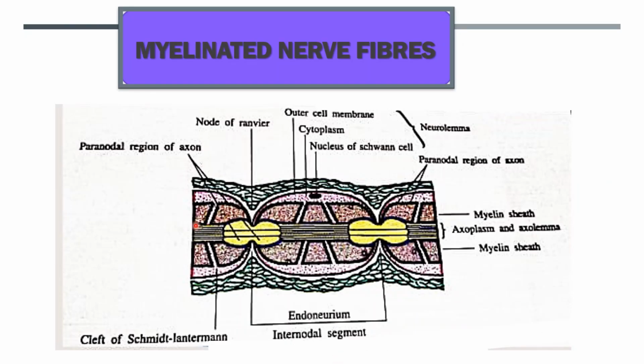So this is the myelinated nerve fiber. The yellow structure is the axon, and this is the myelin sheath, which is laid down by this Schwann cell. At the periphery of the myelin sheath, there is a thin layer of Schwann cell cytoplasm with the nucleus of the Schwann cell and the outer cell membrane. These three components, the outer cell membrane, the cytoplasm of the Schwann cell, and the nucleus of the Schwann cell, together form the neurolemmal sheath or the neurolemma. So we have the myelin sheath around the axon, and at its periphery the neurolemmal sheath, which consists of the Schwann cell cytoplasm and the nucleus.